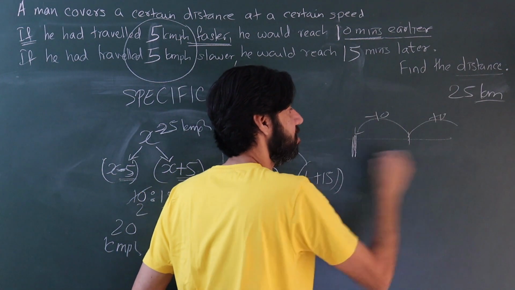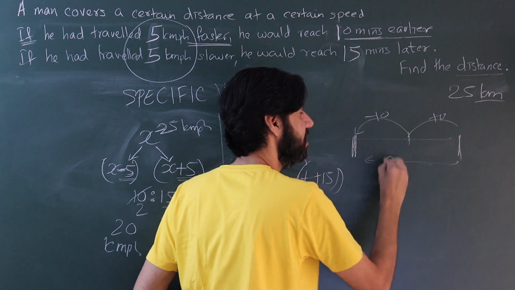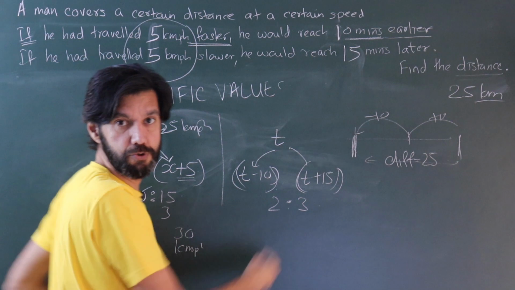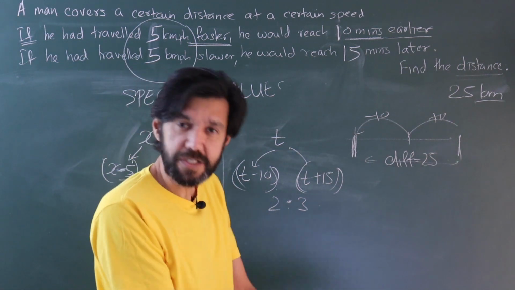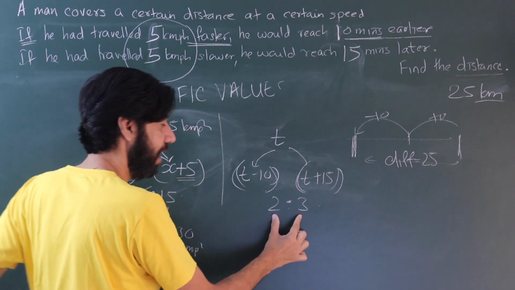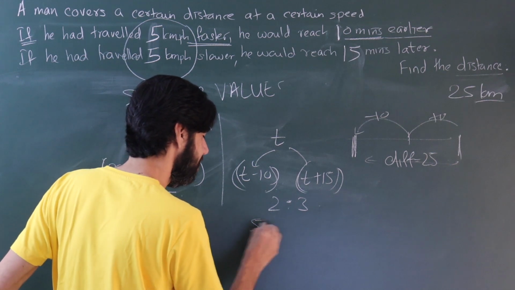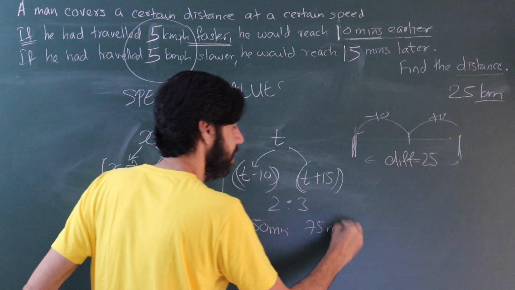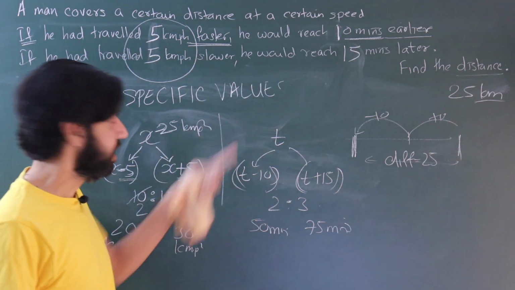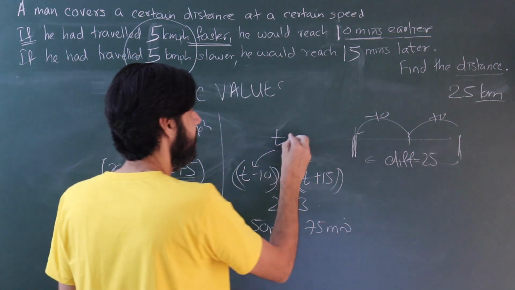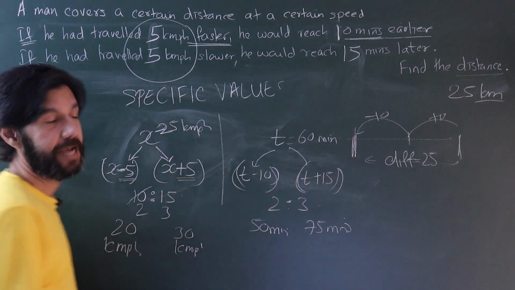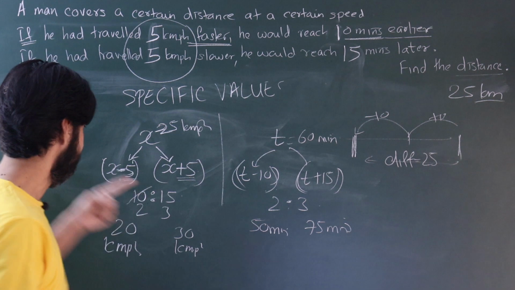So if I talk about this and this, what is it? You know that the difference is 25. So two numbers in the ratio 2:3, difference is 25. Your simplest ratio question. One is 25, 25 twos are 50 minutes. 25 threes are 75 minutes. And you want the original time. Oh, this is after the 10-minute reduction. So this is 60 minutes. Now you have all three: speed, original time.